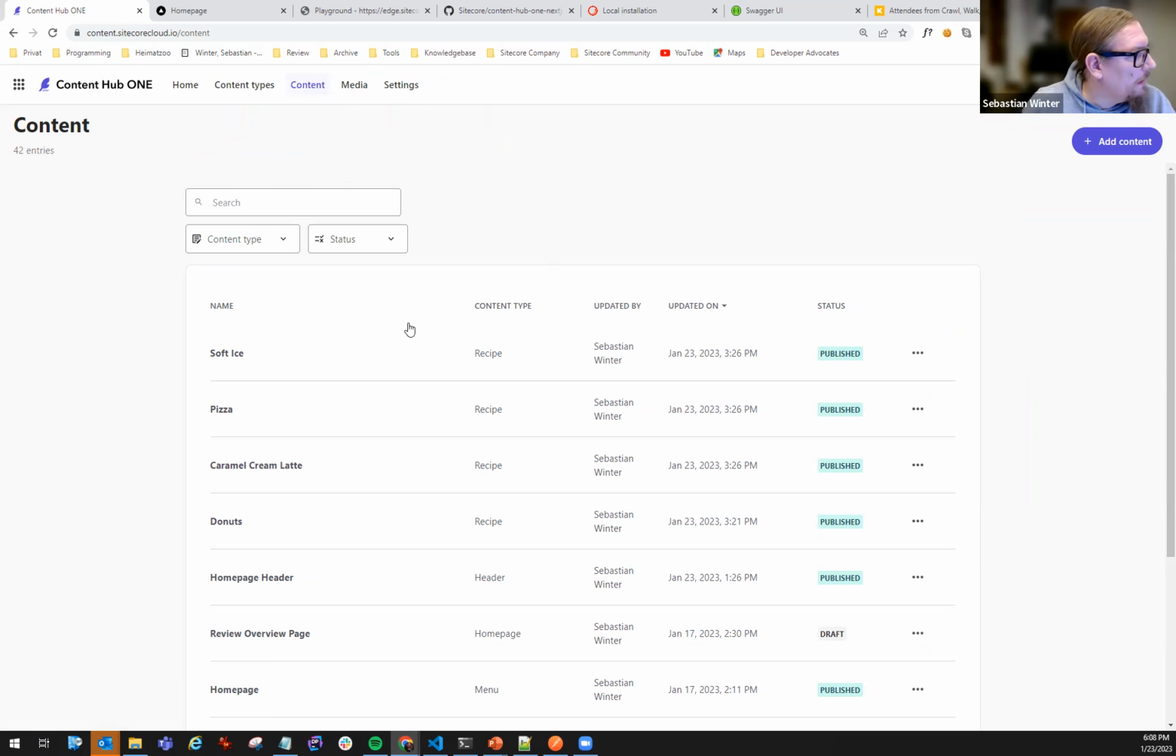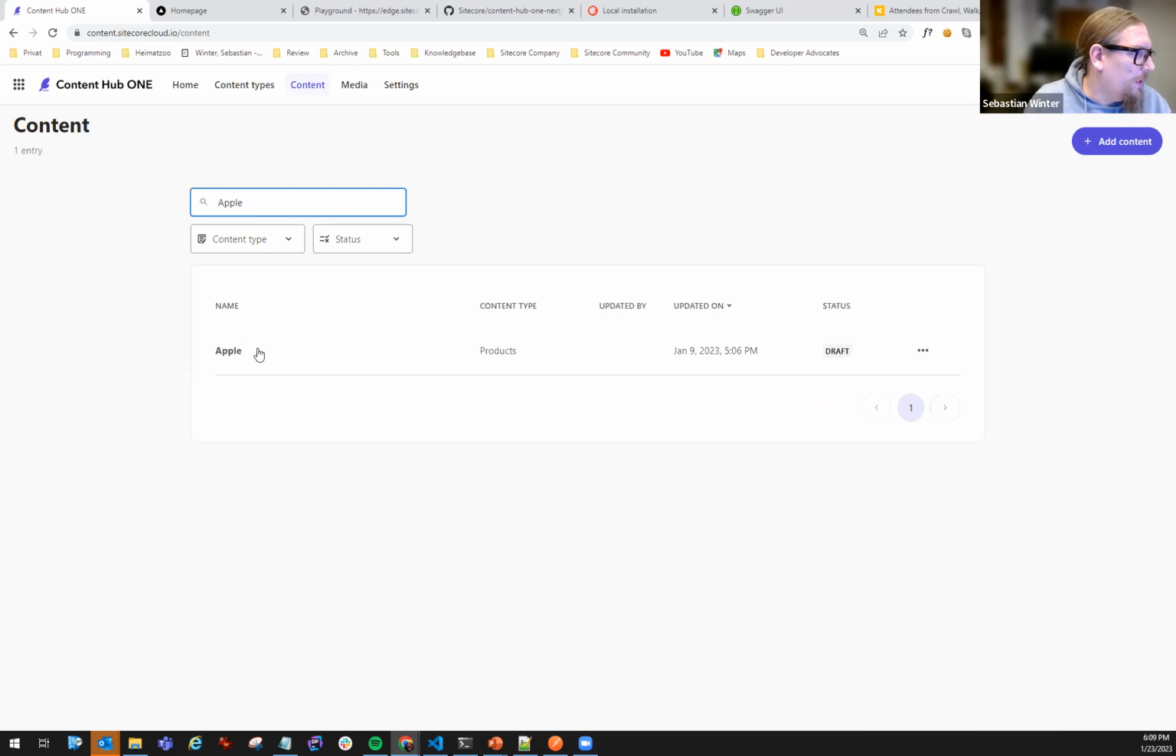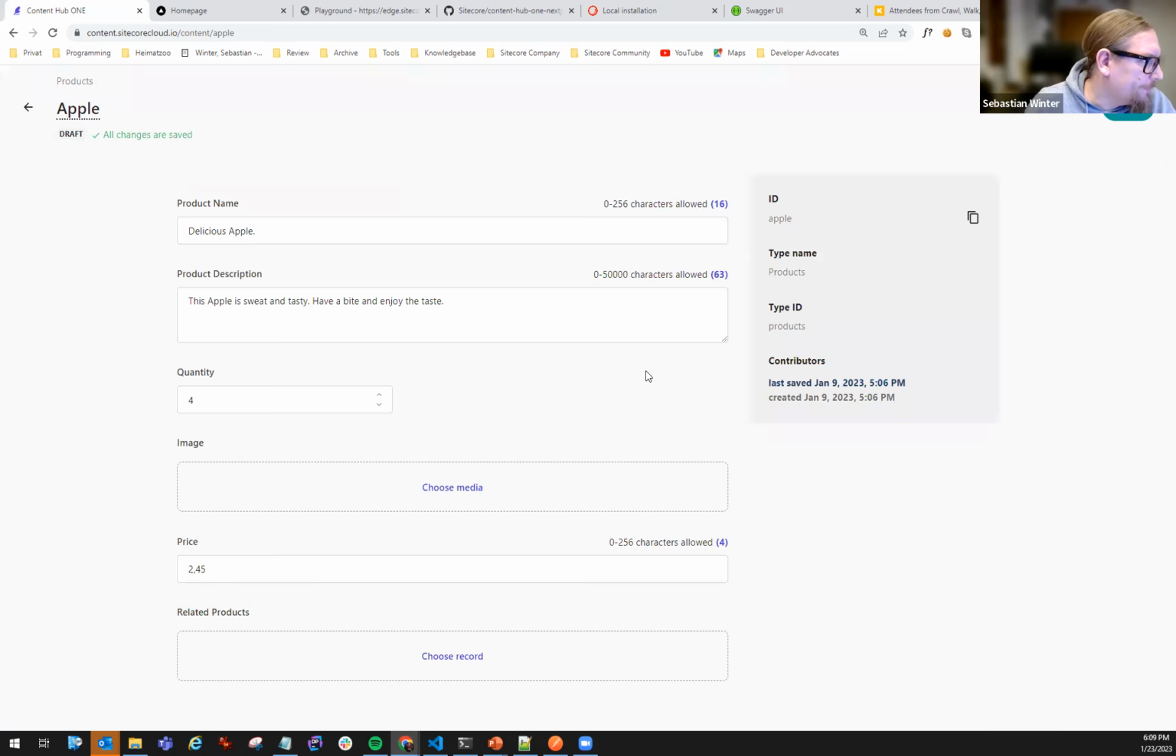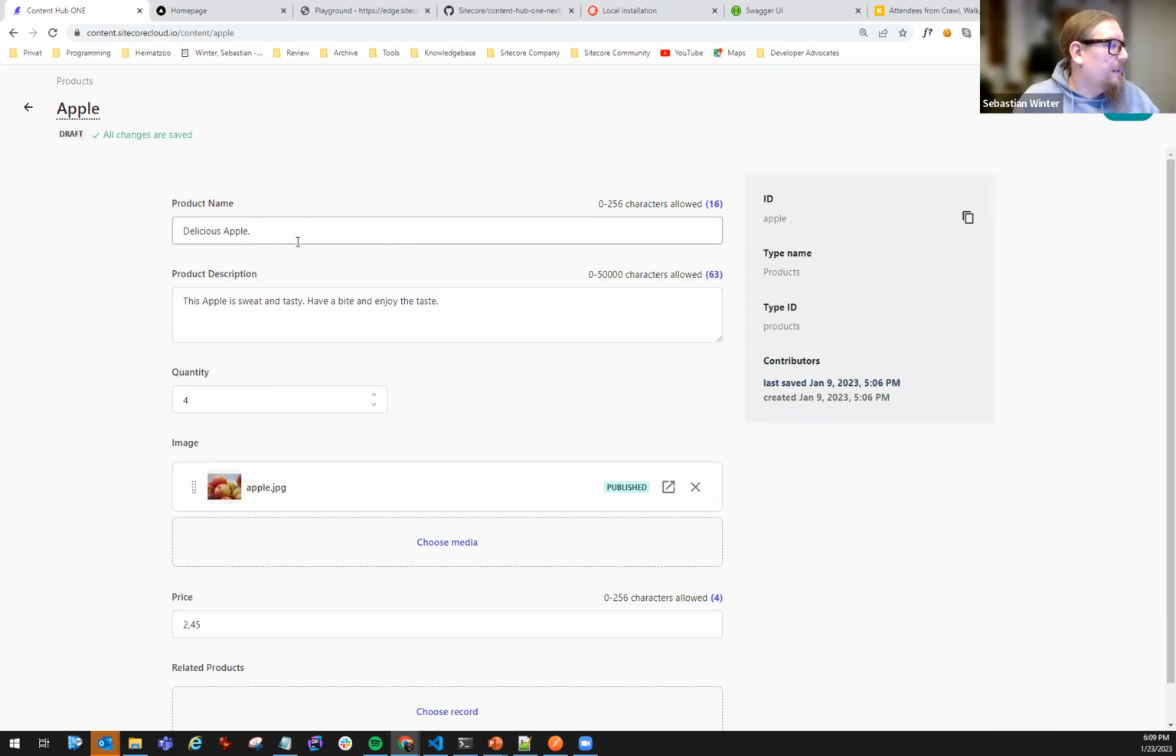And what you can see is a list of content based on certain content types. Now we will talk about content types in a minute. So what I will do right now is just adding a new content type. Oh, let me find some content first. So you can search for content. If I search for Apple, for example, there should be a content named Apple, which is of the type products. If we have a look at the Apple content item, we can see that there are several fields that